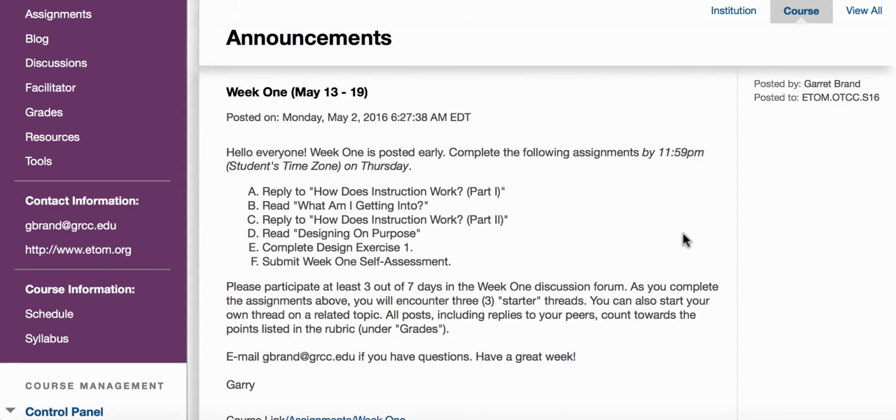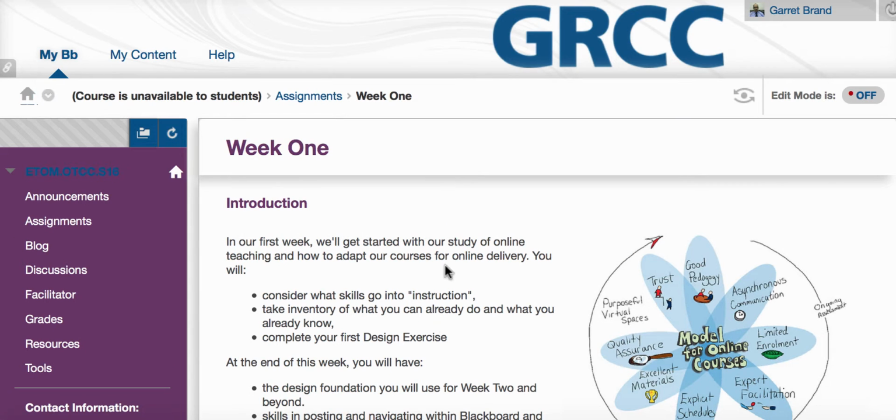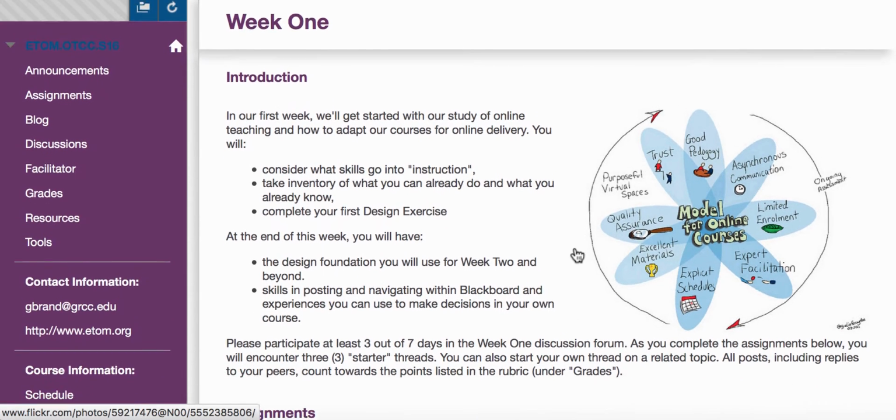Note that assignments are due by 11:59 p.m. of the student's time zone on each Thursday. And there's a requirement to participate at least 3 out of 7 days in the weekly discussion board forum. And at the bottom of the announcement, there'll be a course link which takes you into the assignments area, into the weekly folder. Each week there'll be an introduction that